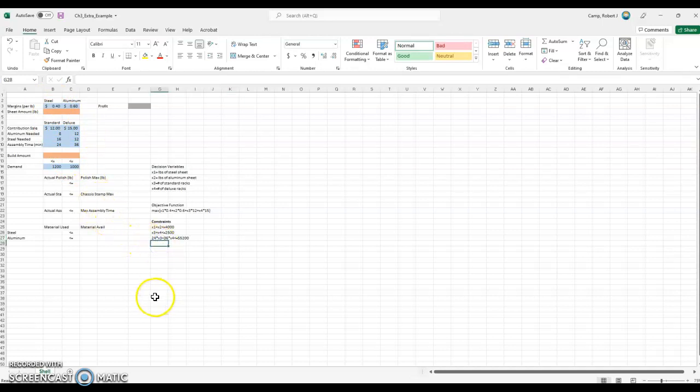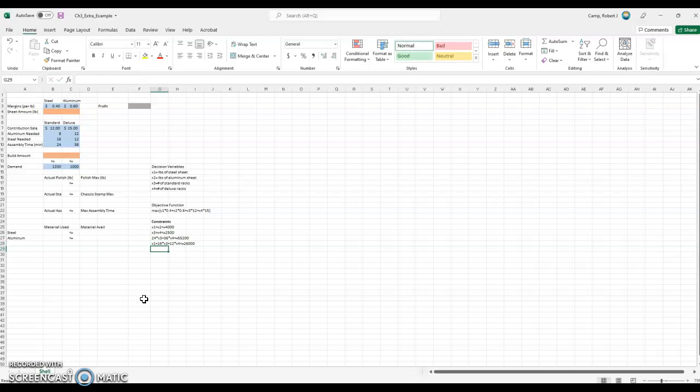So this is going to be the pounds of steel sheeting, X1, and we will add to that 16 pounds times X3, which is our normal chassis, plus 12 pounds times X4, which is our deluxe chassis, and that has to be less than or equal to the 26,000 pounds of unfinished steel